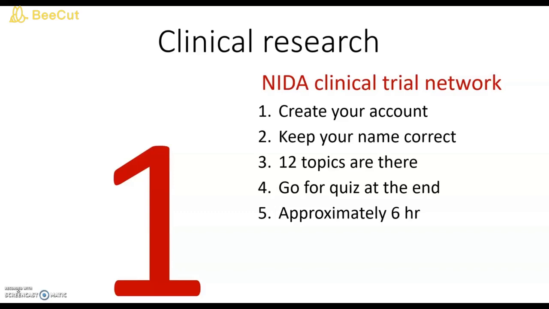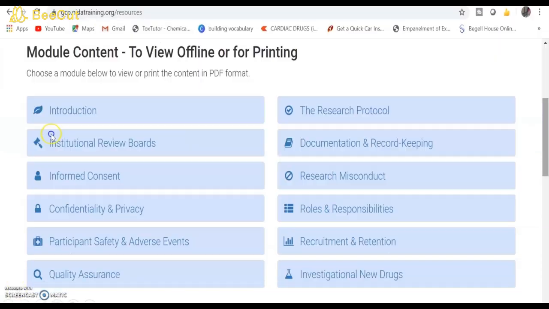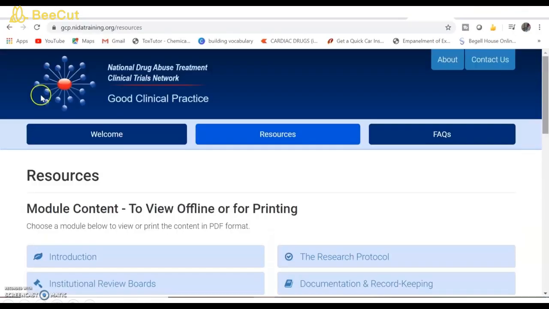And there will be 12 topics that you have to cover in this particular course. And once you finish the learning from 12 topics, you have to go for the quiz at the end of it, and it will approximately take 6 hours. So this is the URL that will appear. It's gcp.nidatraining.org/resources. So what you have to do, once you move up to this nidatraining.org, there will be 3 windows as